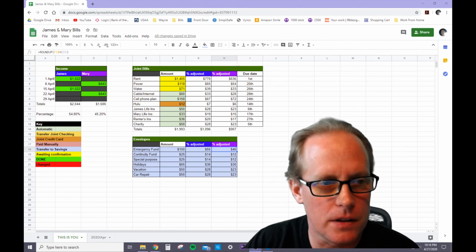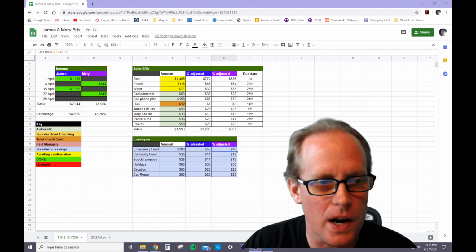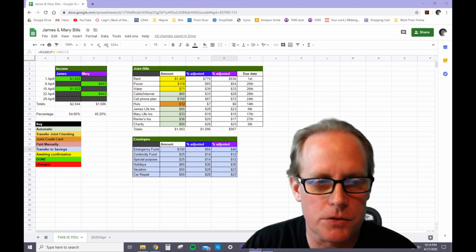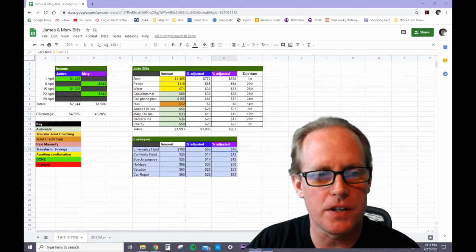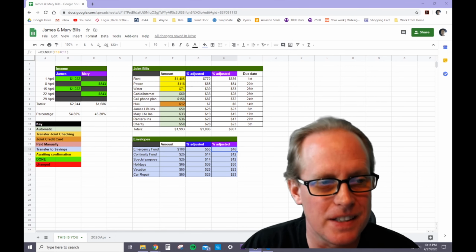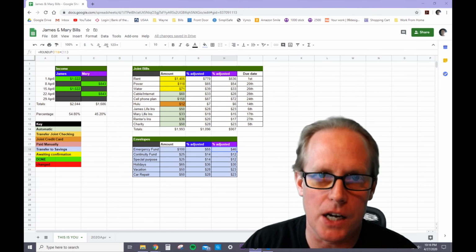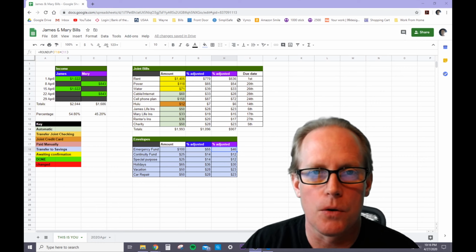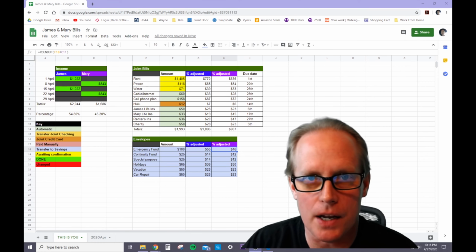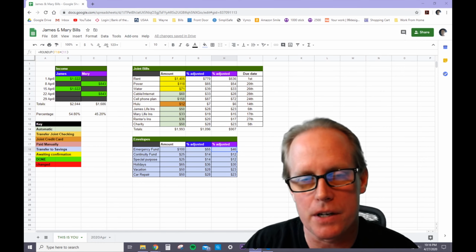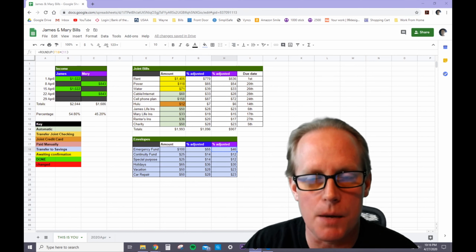And you'll notice that the amounts don't quite add up to the exact amount. For example, if you look at emergency fund, 46 plus 55 is not 100, it's 101. Remember, this is what we're talking about with rounding up and rounding down. When it's something you need to put into your account, always round up to the nearest dollar because it'll save you a few pennies every time you do that.